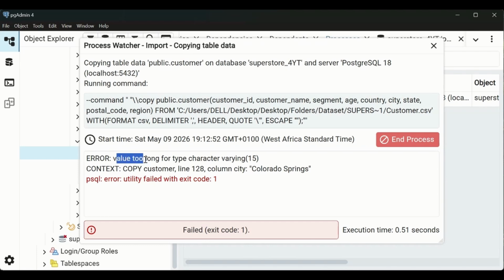So it says value too long for character varying 15. And which column is that? The column city. It says copy customer line 128, column city. It says Colorado Springs. That means when you go to line 128 of our record, this length is longer than